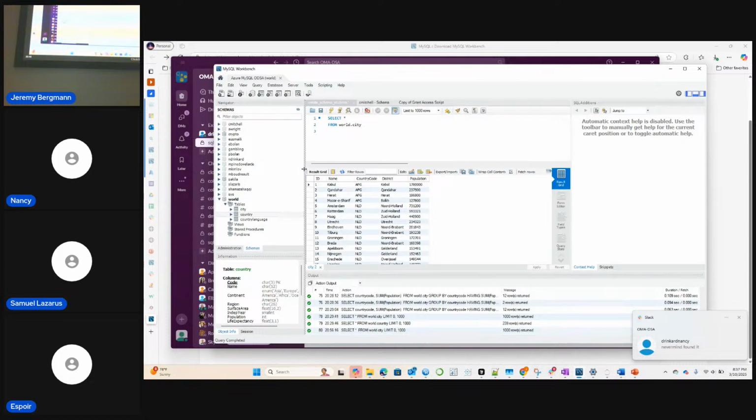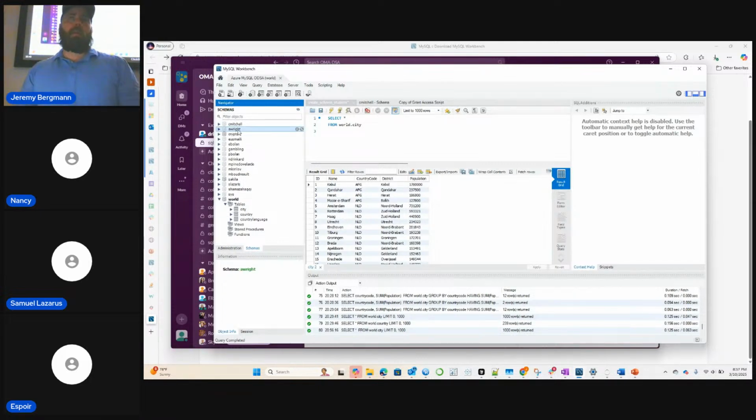So all you should see is your schema. You won't see the rest of the classes. The schema that I set up is like a database for you to work in this class. And you can do whatever you want there, especially related to your project. You should see the world schema. I've given you access to query that.